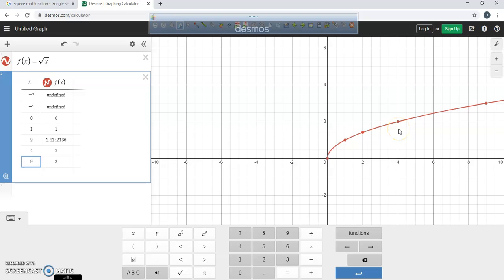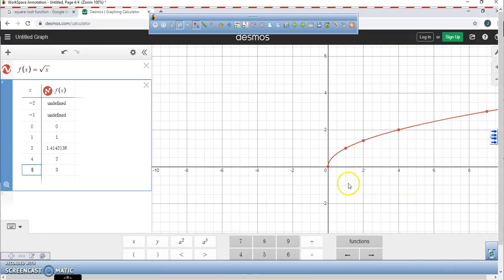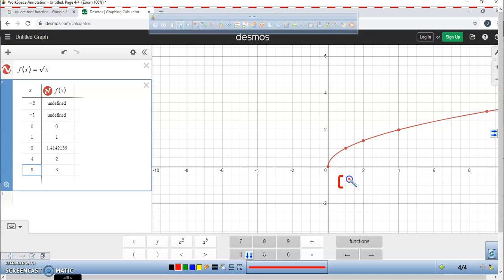Now, this does not go on forever. So this domain basically starts at 0. So how would you write the domain in interval notation? I'm giving you a quick little heads up. You can write this down for the domain. You would have to make what's called a hard bracket. That means equal to. So the domain starts at 0,